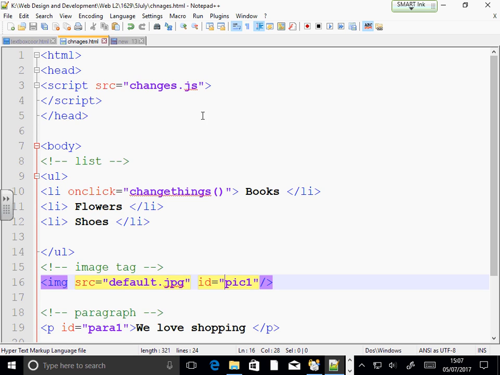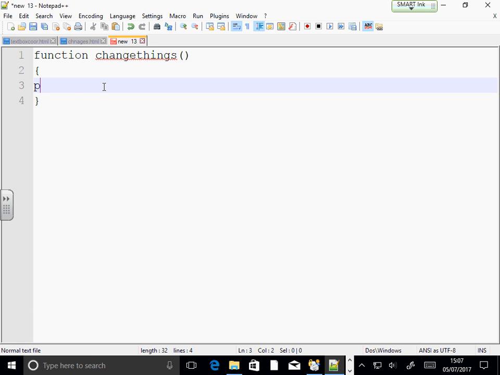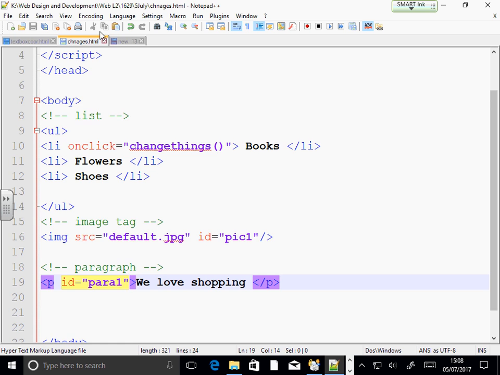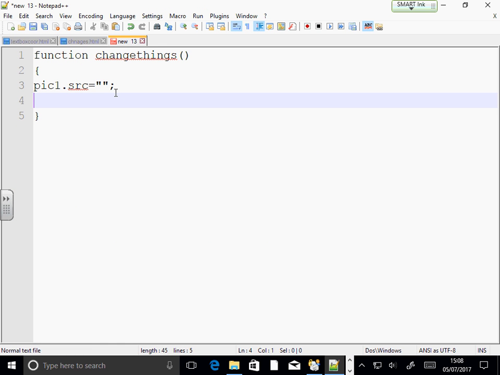So that is pick one dot source, should become something. And for changing the paragraph text, I need to do para one dot innerHTML. Now here I want that to be book.jpg and